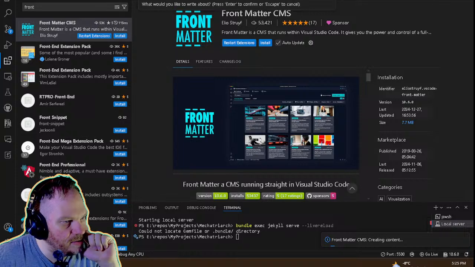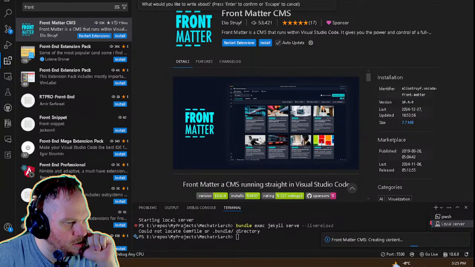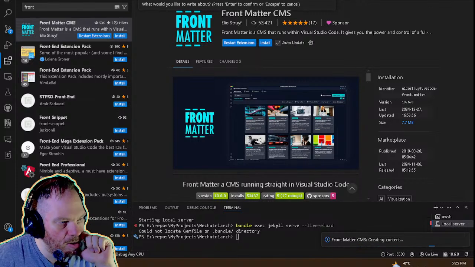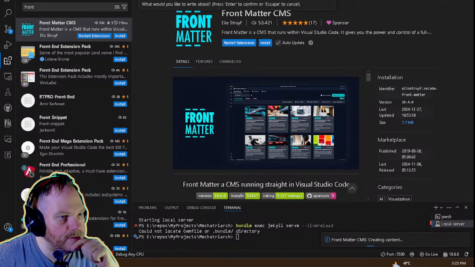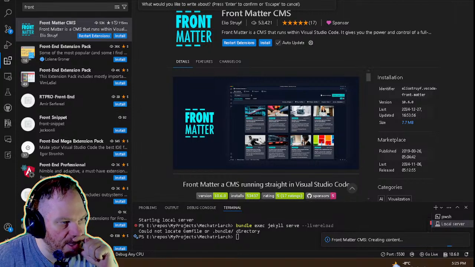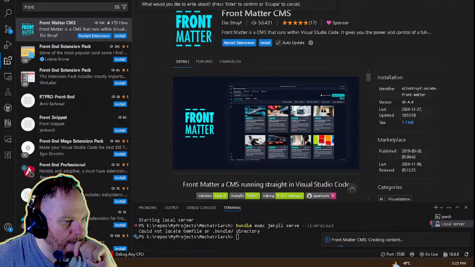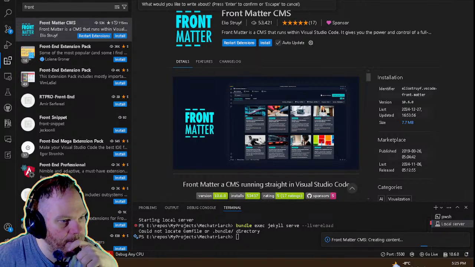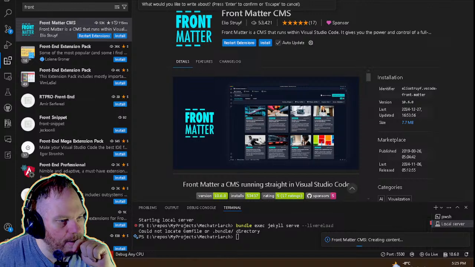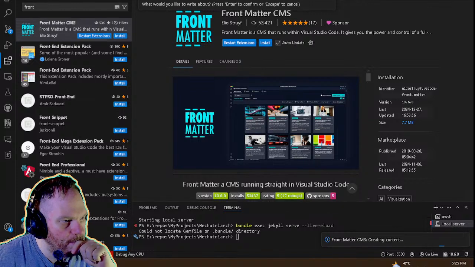Docusaurus consists of a set of npm packages. Yes, I love npm. Requirement node.js. Damn, this I don't like node.js. Nah, I don't like it. I don't like it, but I will